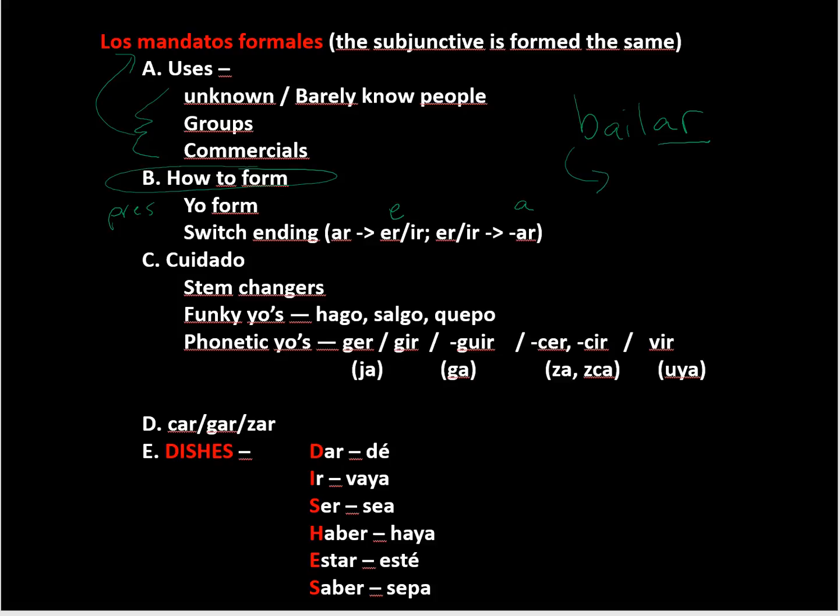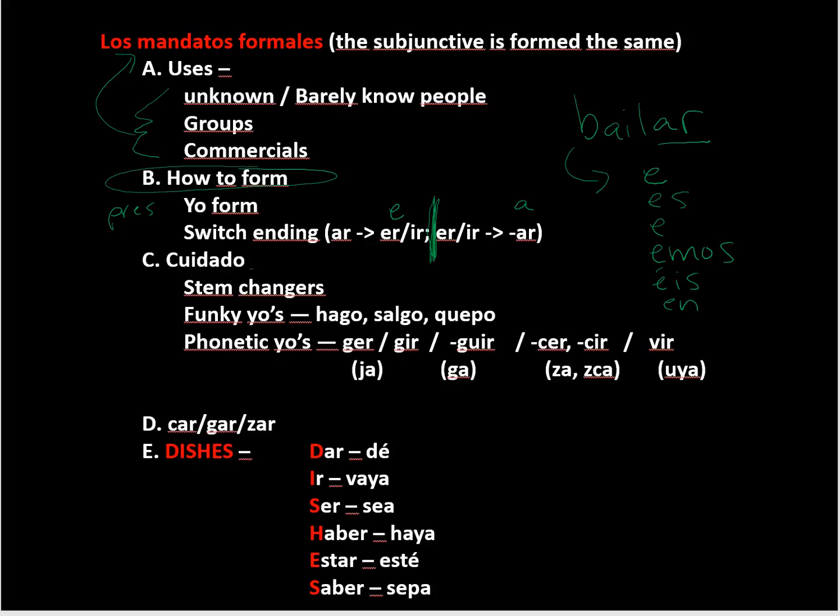So in the subjunctive, it's going to take an E ending. Es, e. Okay. And then likewise, your ER-IR verbs would take the A endings. As,